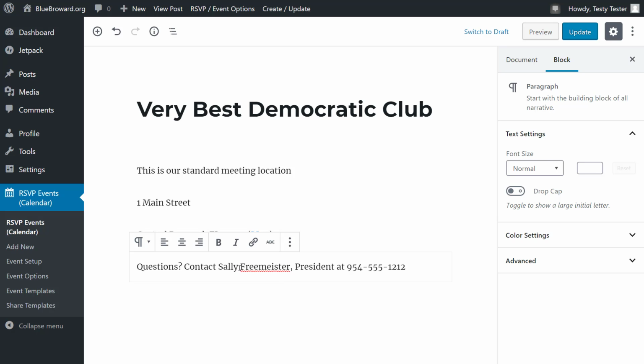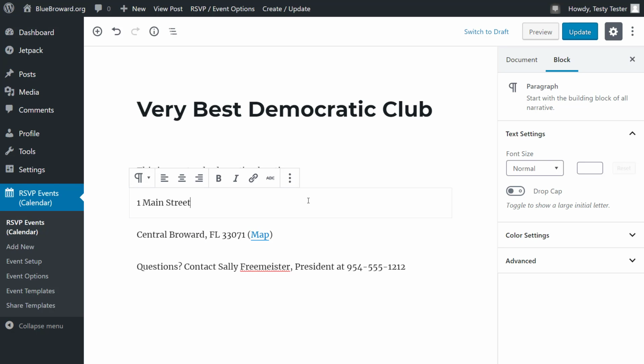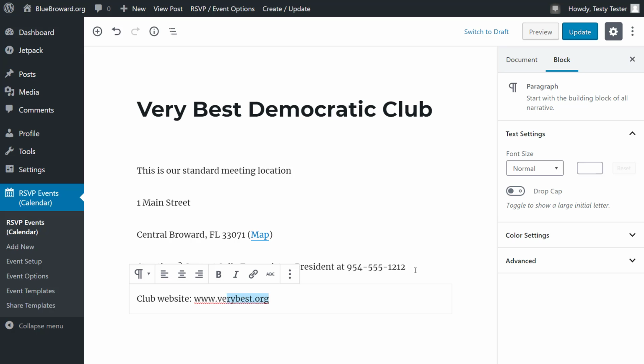If I wanted to create a link on anything in here, so we have club website. Okay, of course I'm making this all up. If I want to format things, I can mark things bold or italic, or the chain link allows me to add a link. So I'll add